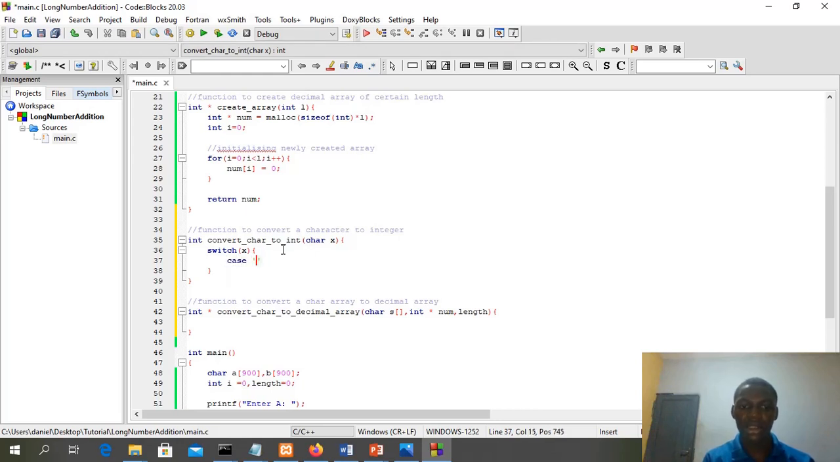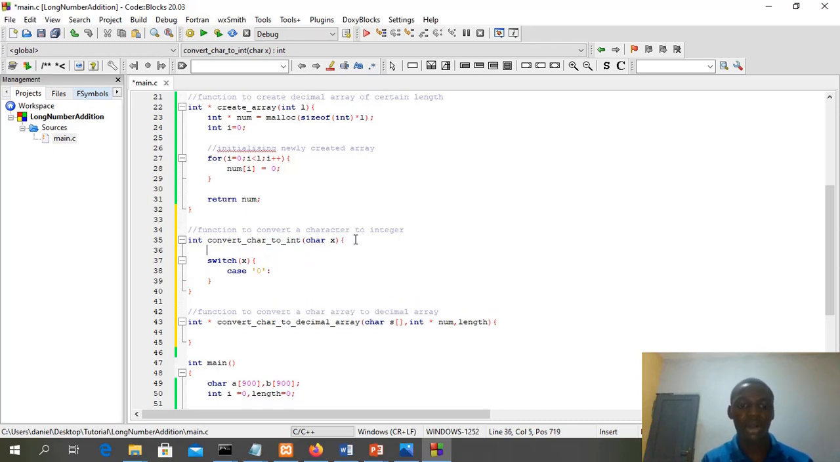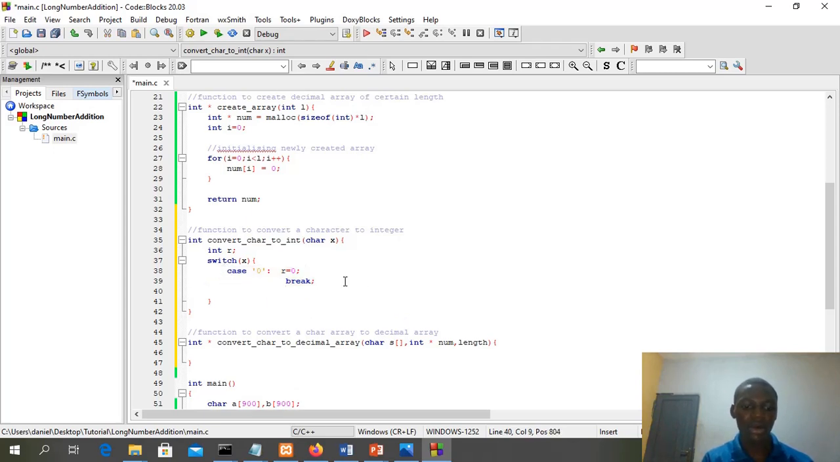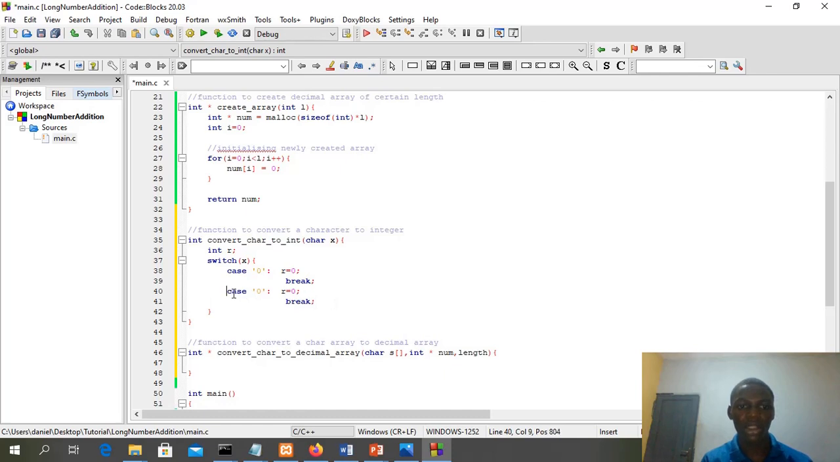Now we'll use the first case. We say case, for case 0, we simply say what? Return, or let's create a certain variable called int r. I will simply say for case 0, r is simply assigned the number 0, and then we do a break. So we are going to do likewise for 0 to 9. We do this for character 1, r takes 1,